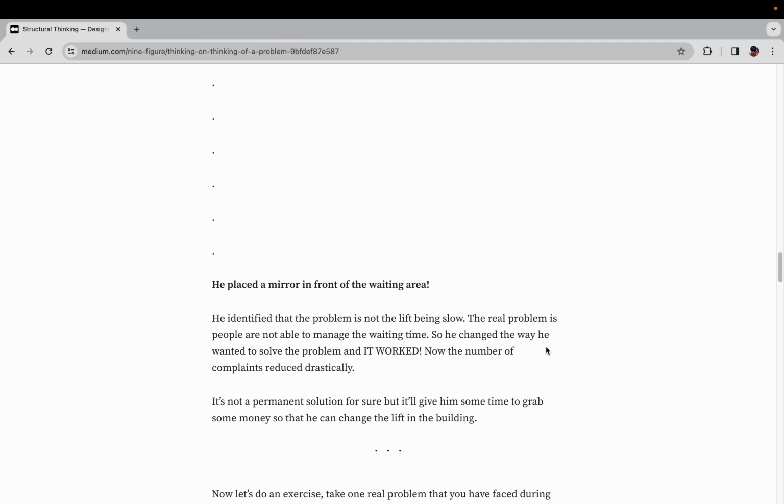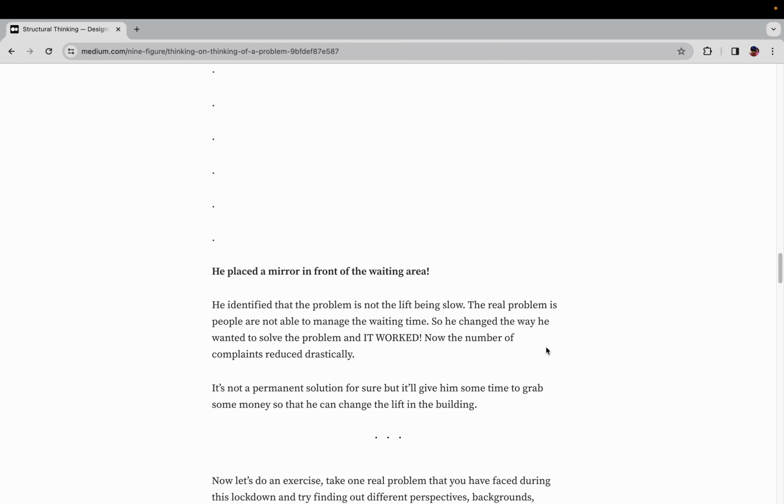And the owner has placed a mirror in the waiting area and in the lift. That's what he did as a solution because he had looked at the problem from a different angle. He wanted to solve it in a way that people don't feel the wait when they are in the waiting area. So for now he has put the mirrors in the waiting area so that people are not